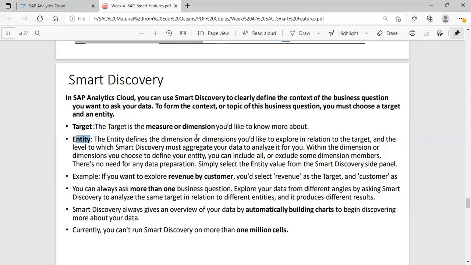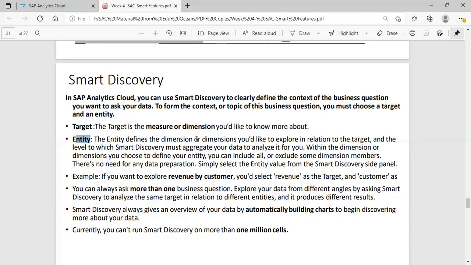All the data distributions are already there, and the smart discovery will create them automatically once you define your data points. You will get different results on every chart, date wise. But you also don't need to apply any filter here in the smart discovery. It will automatically take it.